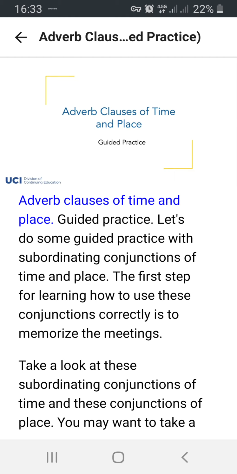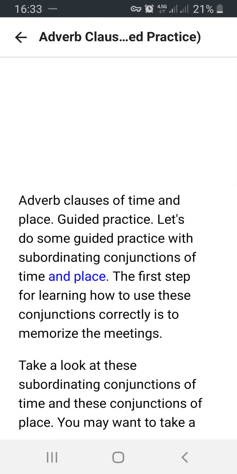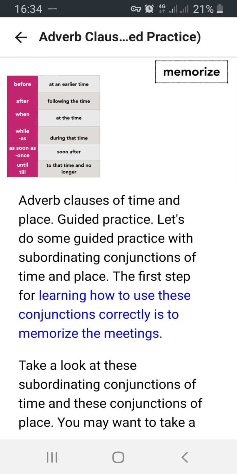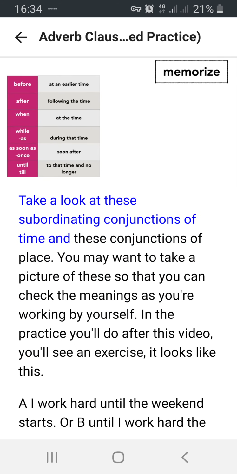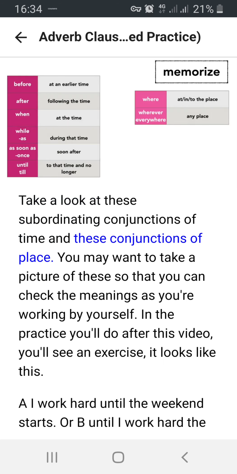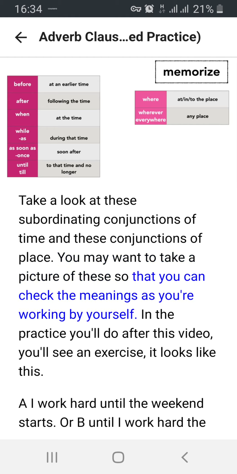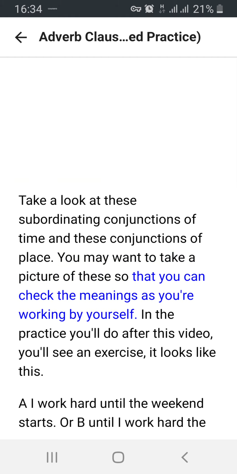Time and place, guided practice. Let's do some guided practice with subordinating conjunctions of time and place. The first step for learning how to use these conjunctions correctly is to memorize the meanings. Take a look at these subordinating conjunctions of time and these conjunctions of place. You may want to take a picture of these so that you can check the meanings as you're working by yourself. In the practice you'll do after this video,